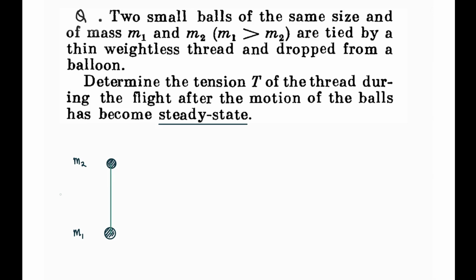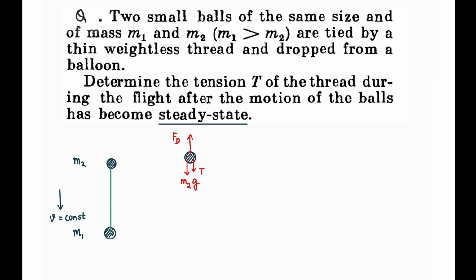So when we say steady state is reached, we say that the system is falling with constant velocity. We also say that the drag force acts opposite to the direction of velocity. Now if we draw the FBD of each ball, this is ball M2. The weight of M2 is in the downward direction. As it is falling with a velocity v, a drag force will act in the upper direction, and tension in the string